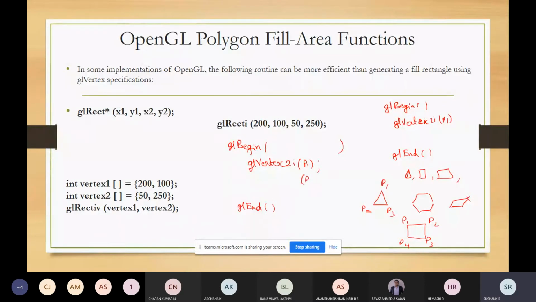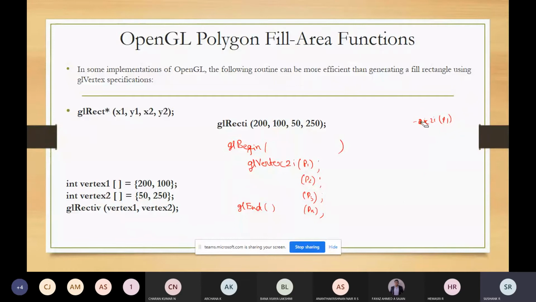For example, if I write P1, P2, P3, I will get a triangle. If I add P1, P2, P3, P4 within GL begin and GL end, I will get a rectangle. So this is how I'll be constructing the polygons. You'll be using the GL vertex function. It is taking the coordinates or the points as the input. This is the first point to be considered.